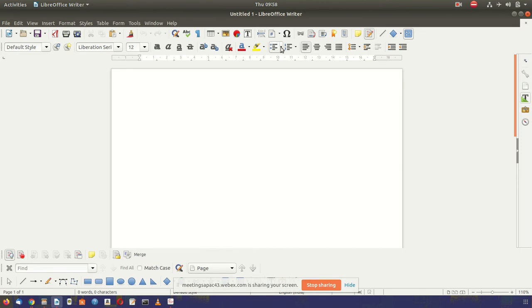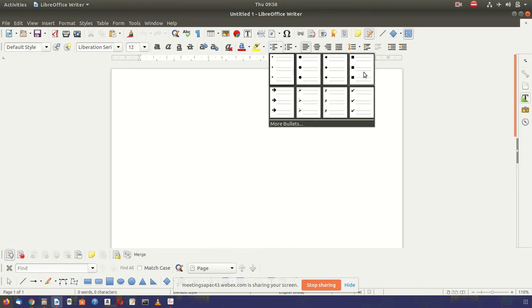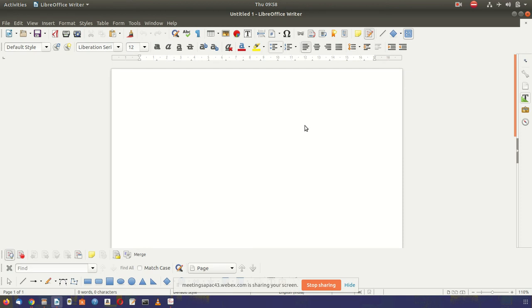So here you can see it's a radio button. Out of this only one you can select.